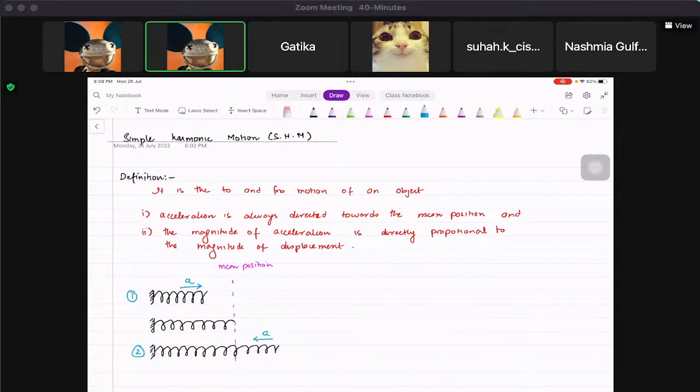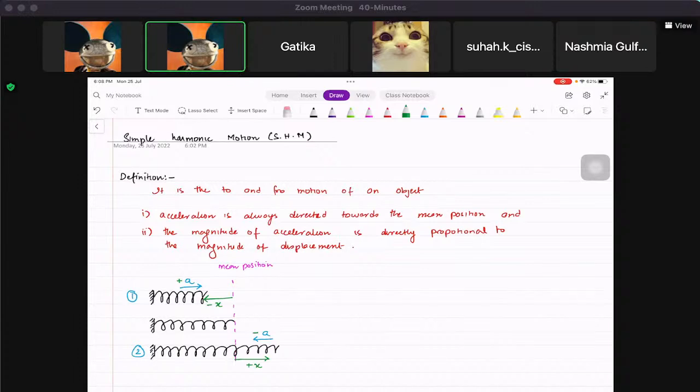However, in this case you might see that the displacement is x here. If I'm taking this side as positive, then I'm putting a negative sign here, but both of them are vector quantities, and in this position the displacement is positive x and acceleration is negative because it is in the opposite direction. Do you guys understand this? Yes. Okay, now